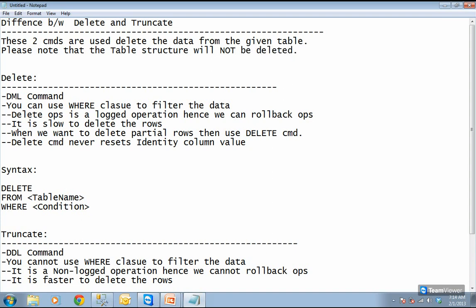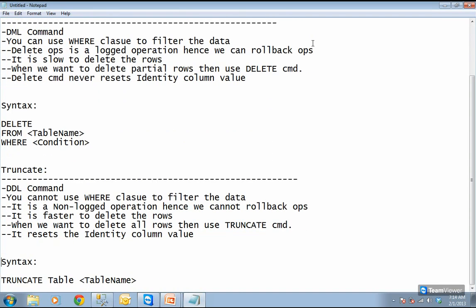You have to be very clear on this. Clear? So when we're talking about these two commands, only when you want to delete the pure data, then you can go in for delete command or the truncate command. Delete command never resets the identity column value because it is faster, and truncate resets the identity column value.